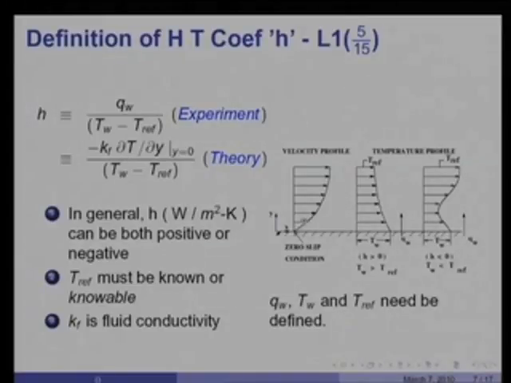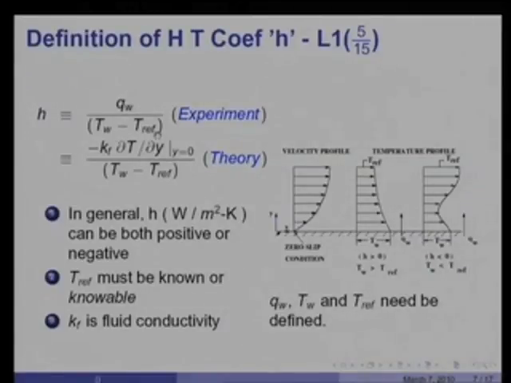Here I have shown the velocity profile, most commonly occurring temperature profile for positive heat flux. But we could also get situations in which TW is less than T reference, but still the heat transfer is positive. That is because the temperature profile here has a negative gradient at the wall, and TW is less than Tref. So in general then, H can be both positive or negative, because in this case QW is positive, TW